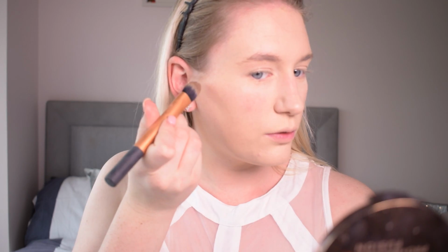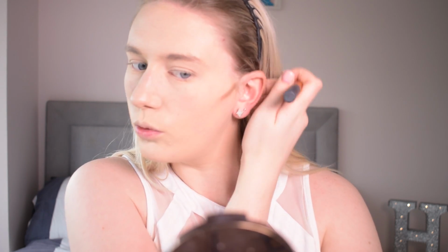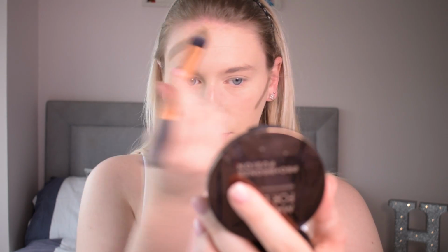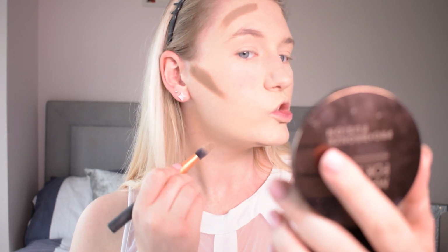So I'm going to use my Real Techniques foundation brush. It's just like a nice pointy thing, it's great for contouring, and my Revolution Pro HD Cream Contour Kit. I'm just going to take these two shades here on the end, just from the ear halfway to the mouth, like that, ear to the mouth, get rid of all the hair. It doesn't really matter if it's not sharp, we can clean it up, just as long as they're relatively even. Round the forehead, chin, jaw,